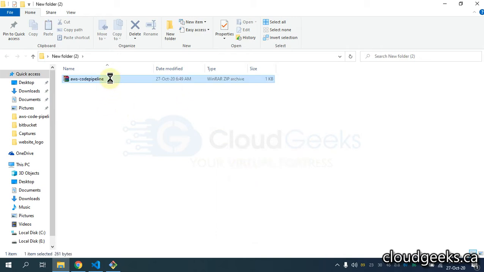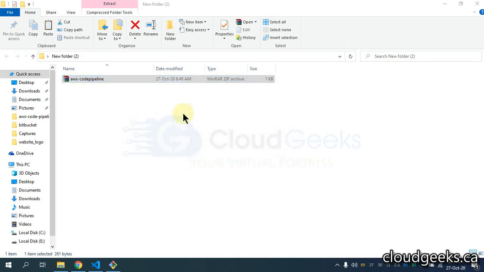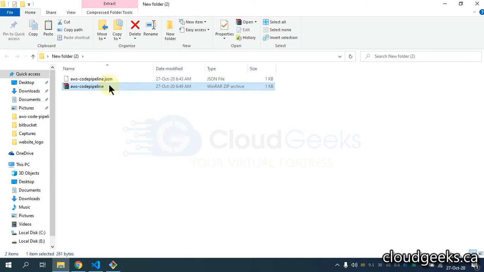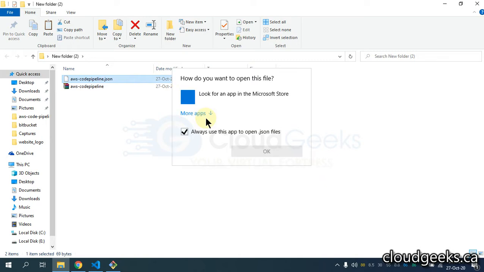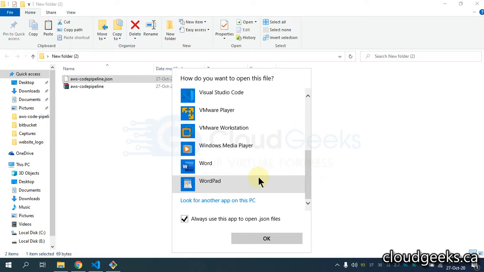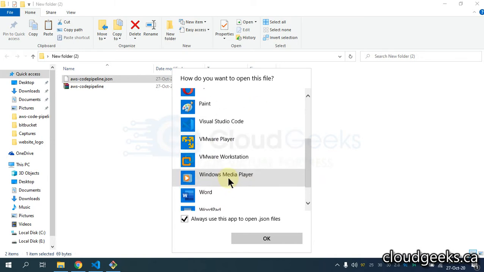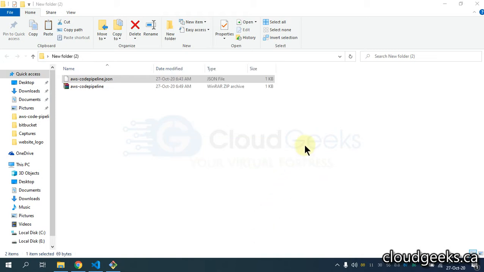What I'm going to do is simply put that particular artifact or zip file here and extract it. And I'm going to open this in a different editor to show you guys what is in it. Okay, open with Notepad, that's fine.